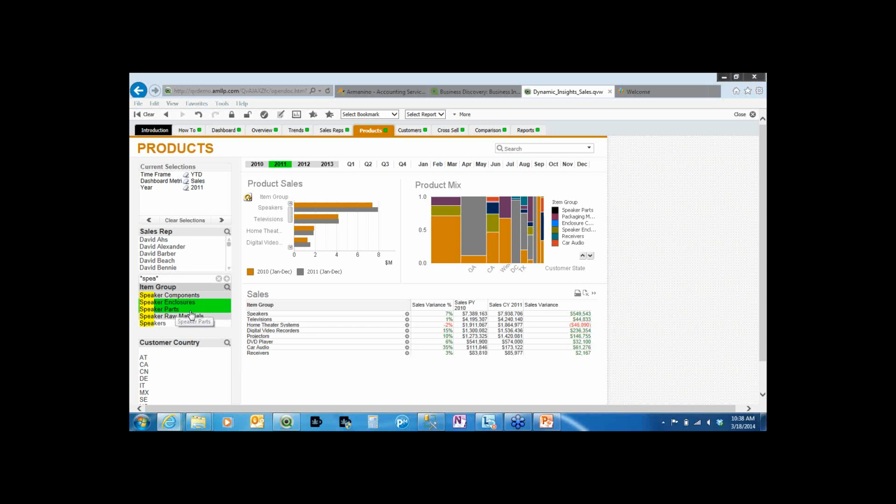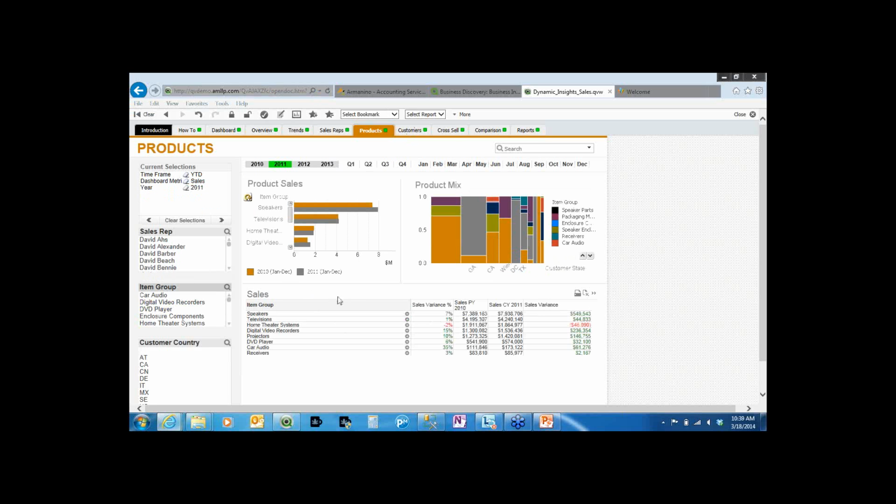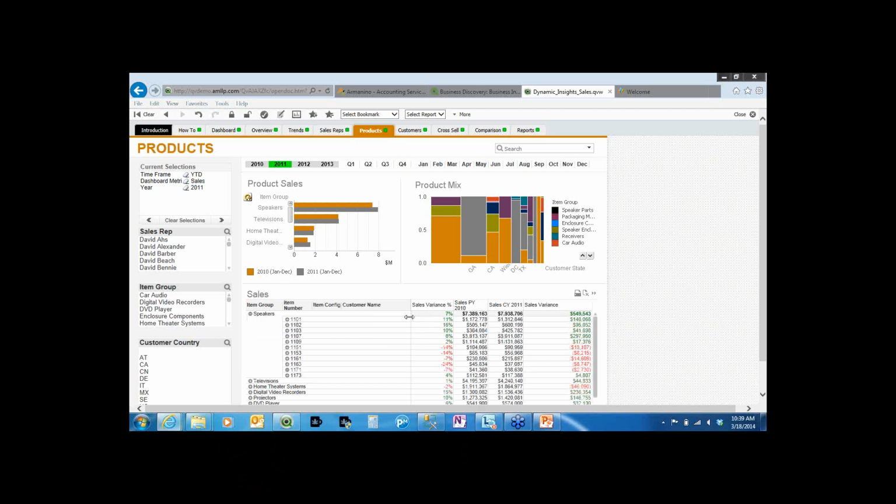So I'm going to pick both of these item groups. Maybe not. Go back a step. All right, let's drill into the speakers on this particular view here. So now we're looking at the speakers and the